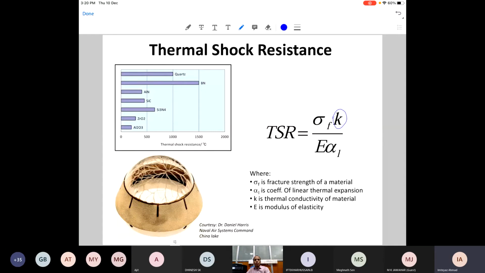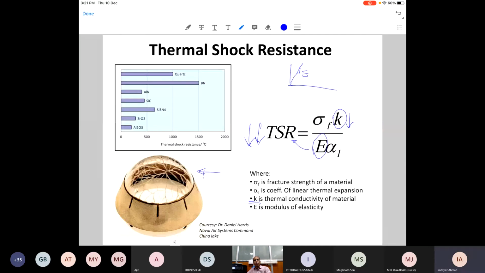Ceramic materials are generally very stiff, so they have a high E value. At the same time, the thermal conductivity is small. And that's why. So here is an example of a